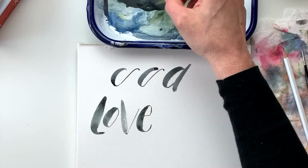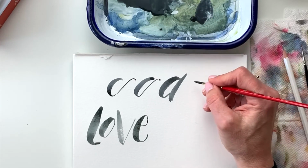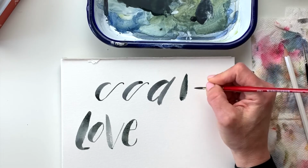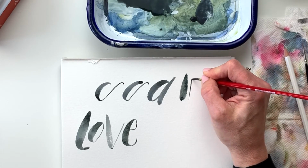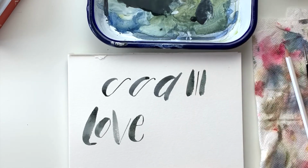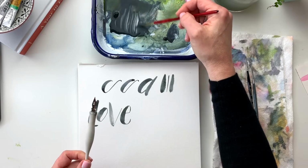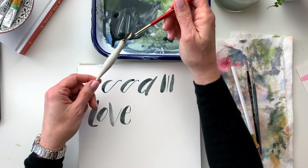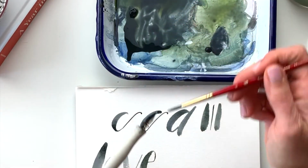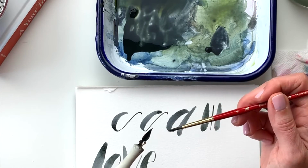Okay, so again, just really typical of all of the classes I teach with lettering, making sure that you're holding your brush though on a 45-degree angle, and that you're able to control your upstrokes and your downstrokes. Okay, now if you wanted to use a dip pen with the same watercolor that you used with your brush, it's super easy. So what I'm doing is I'm just using my brush to load the nib to make